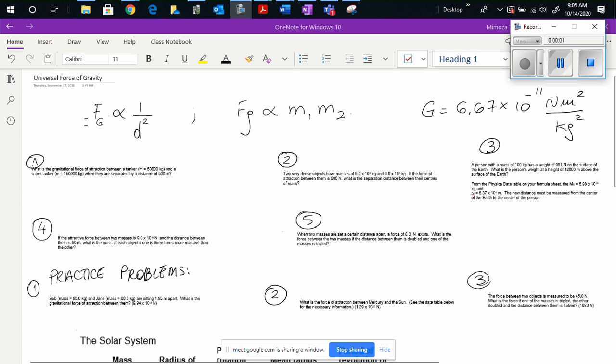Universal force of gravity, and then we will move to the gravitational field strength for today. Okay, so